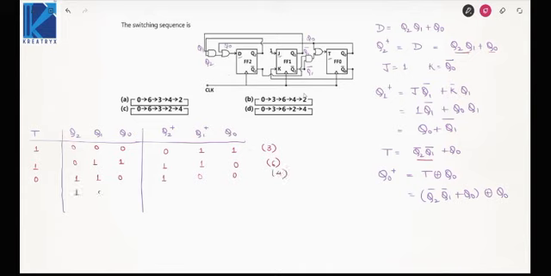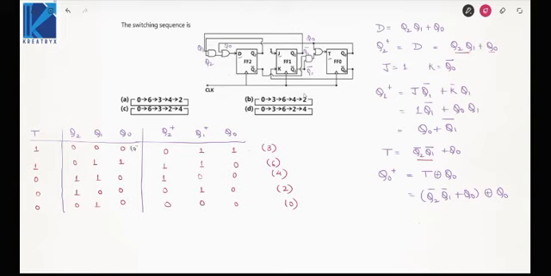So it is 4. Next take 4. Q2 plus is Q2, Q1 plus Q0, 0. Q1 plus is Q0 plus Q1 bar, which is 1. Then T, Q2 bar, Q1 bar plus Q0, 0. So it will hold. That is 2. Next take 2. Q2 plus is Q2, Q1 plus Q0, 0. Q1 plus is Q0 plus Q1 bar, 0. T is Q2 bar, Q1 bar plus Q0, 0. So it will hold. So again we return to 0.